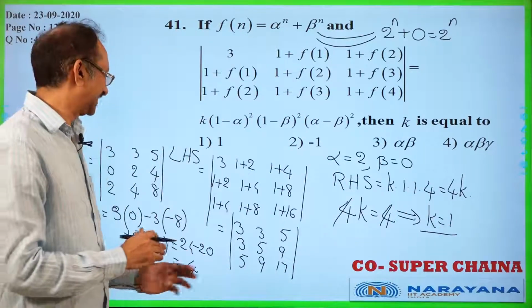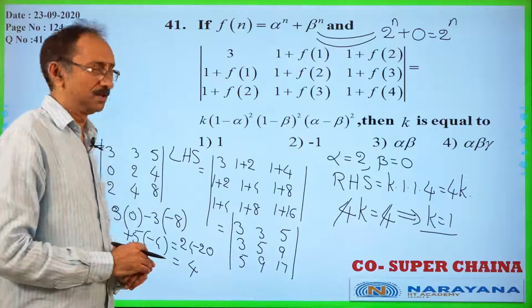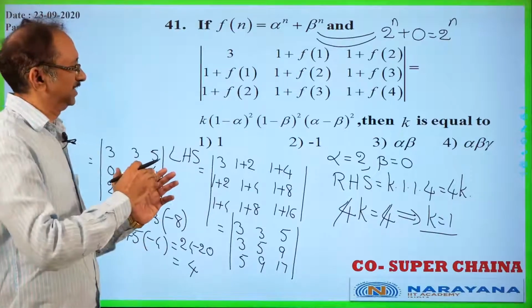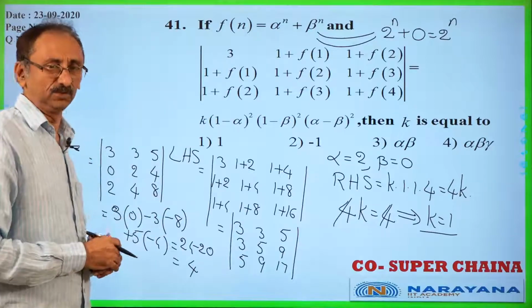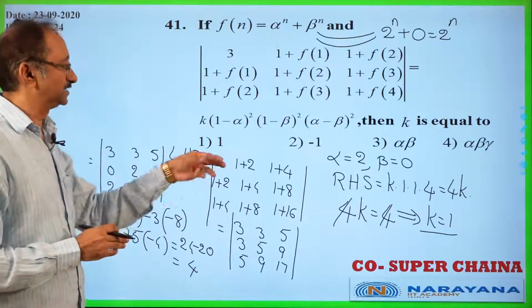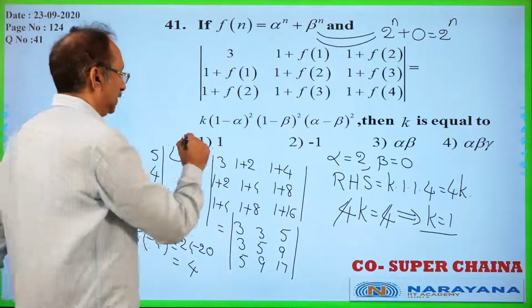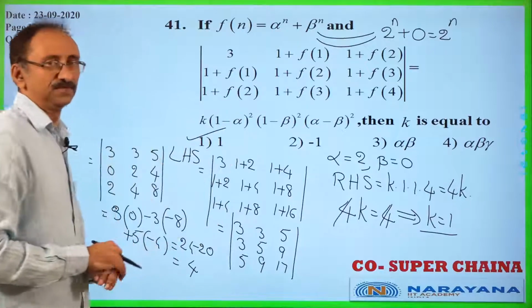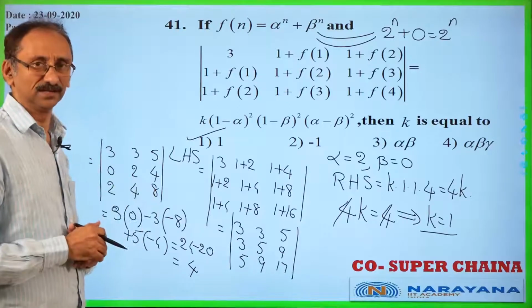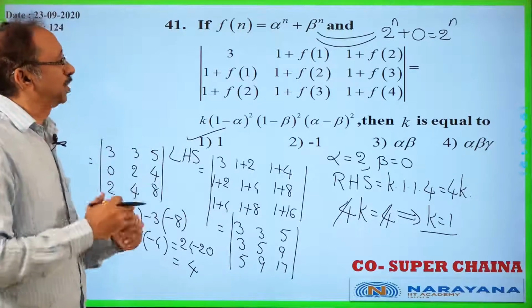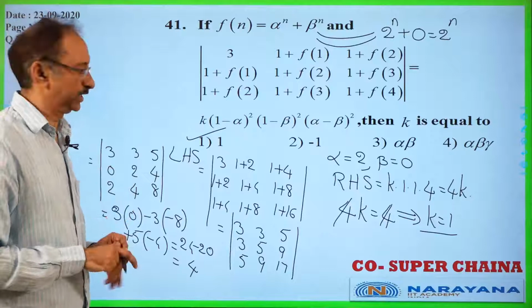Of course, it takes time to simplify these numbers, but if we do not know the elegant way, we can do it like this simply. We get the answer. So what is the value of k? k is equal to 1. So that is the way to do this problem in the examination if you don't know any procedure. Suppose we want to use the procedure. So how to get that?